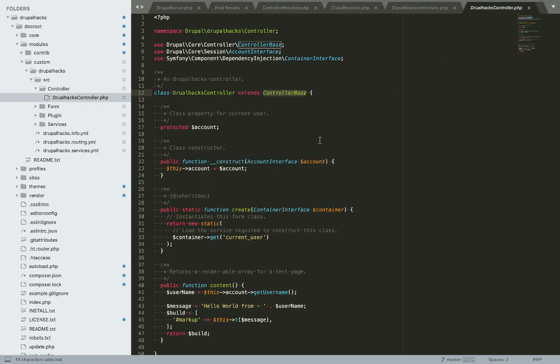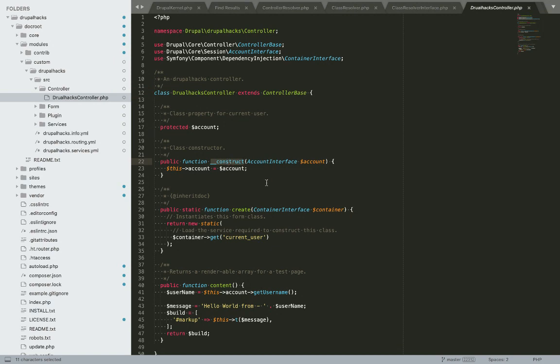So here it will call the create method of this controller class, and through late static binding, it will create the objects of the dependencies and pass them on to the constructor.